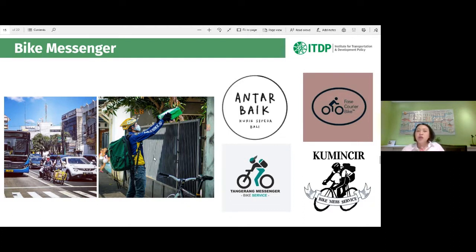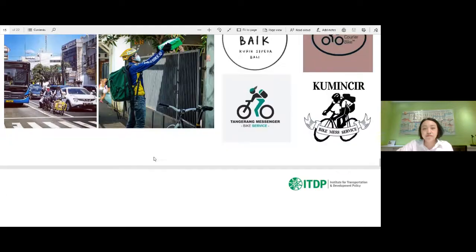So basically, we can find these bike messengers not only in Jakarta but also in other cities in Indonesia. The Instagram is actually compiling all the operators. So as you can see, we have courier bike messengers in Bali, in Yogyakarta, even in Tangerang and in Bogor. So if you're curious whether they provide service in your city, you can go to the IBMA Instagram.